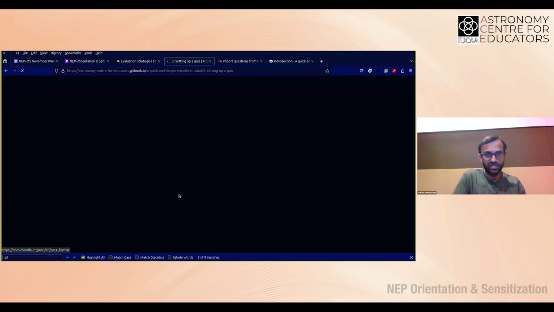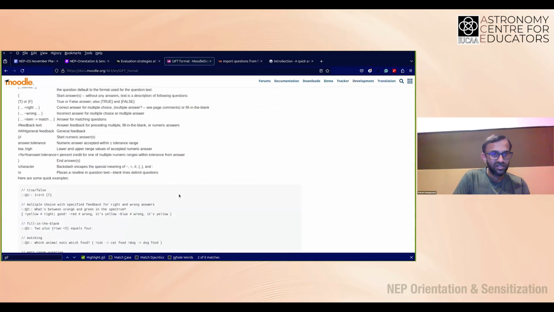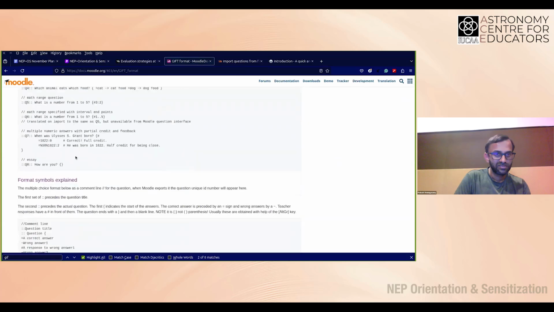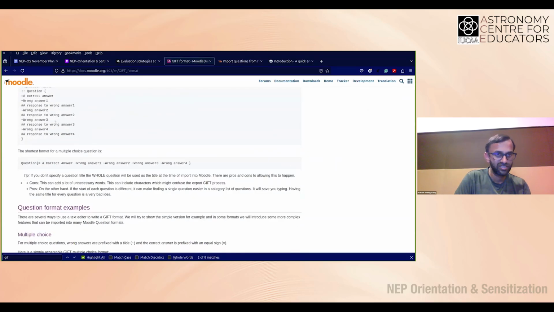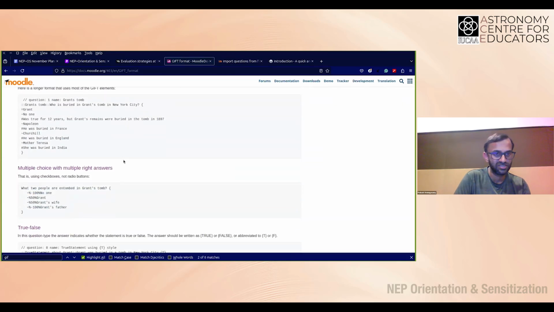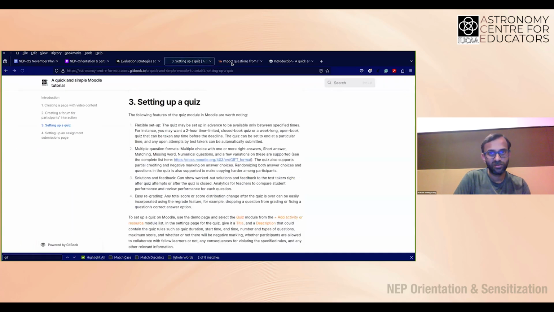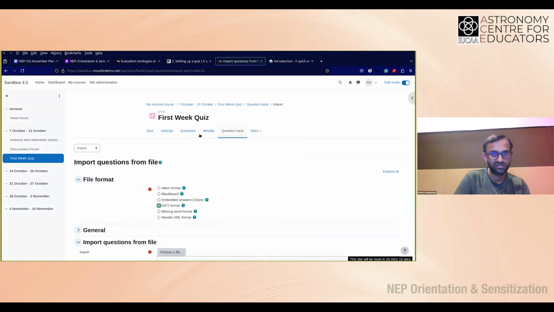And if you follow this link, for instance, it'll tell you the syntax of it. So all you have to do is convert whatever questions you have into this syntax, which is really straightforward because it's just text. And then once you have it, you put it in a text file, and then you upload it through this interface, import the questions, and it automatically gets